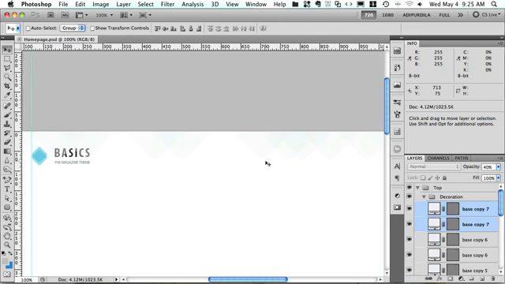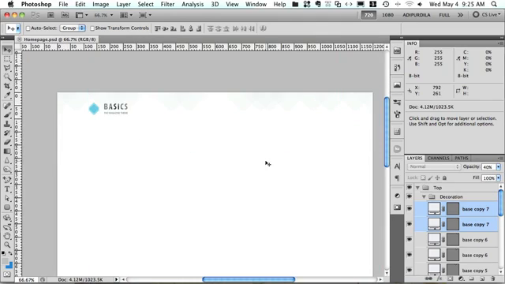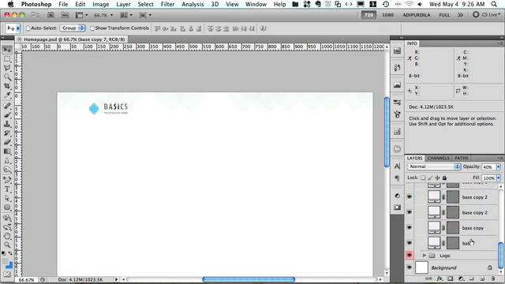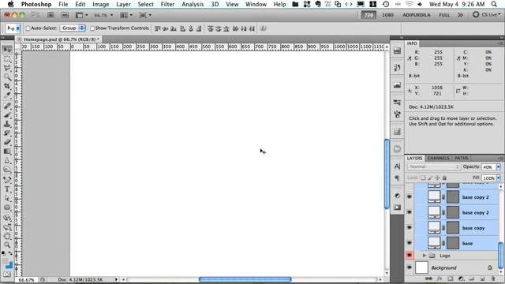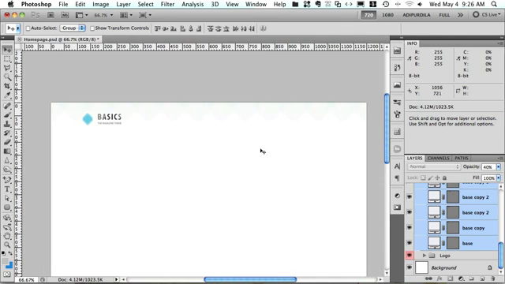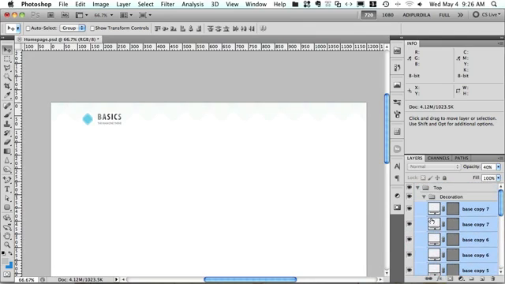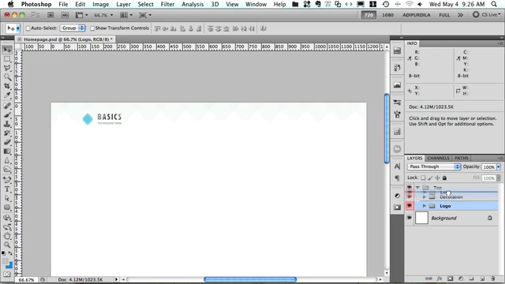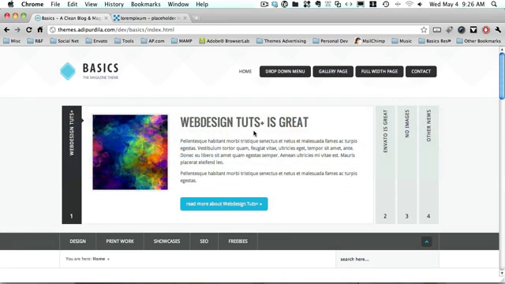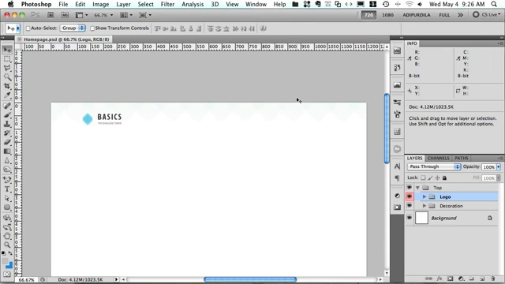So let me just zoom out here a bit, get rid of the guides. Now select all of these layers and distribute their centers. Okay. Grab the logo, bring it up, just to bring it on the top of the decoration layer. So let's check out our finished product here and see if we got this right. I think we have